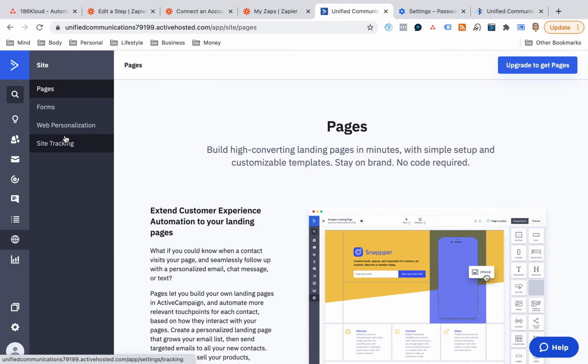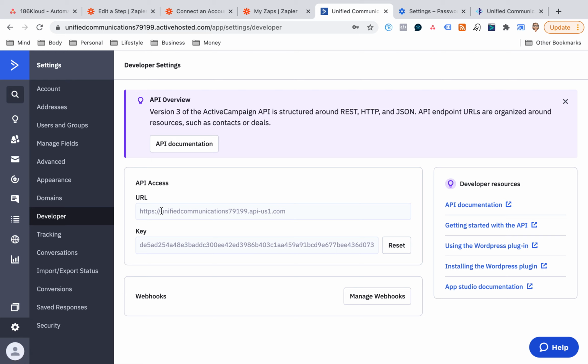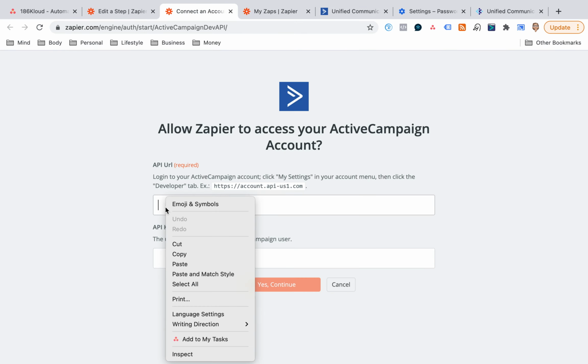So we've come out of Zapier now, we've gone into Active Campaign, and we're just waiting for this to load so I can see. Actually, I was in the wrong box. I'm looking for the developer tab. Oh, there it is. And then we're just going to copy this information as we did previously into our website, copy that over into the API key there,